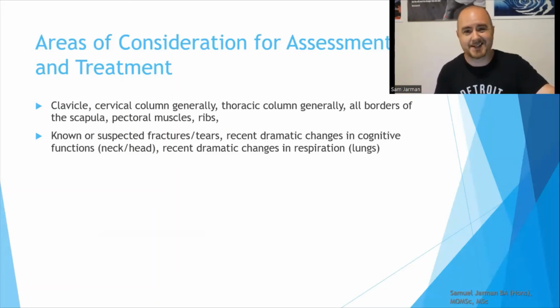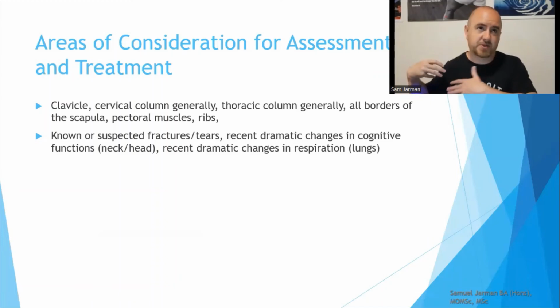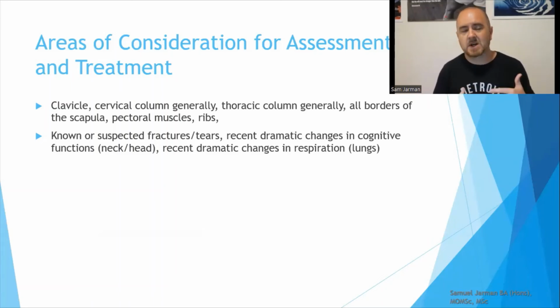You're thinking about the thoracic column generally. So things such as the rhomboids, things such as the trapezius, all borders of the scapula. So the medial border, the lateral border, and then the pectoral muscles, which would essentially be the anterior border because of the attachment, not only to the clavicle, but also to the coracoid process in the pectoralis minor. You're thinking about the ribs as well. So these are all consistent areas to check, regardless of the particular shoulder motion that you find, which is a problem, on account of the fact that